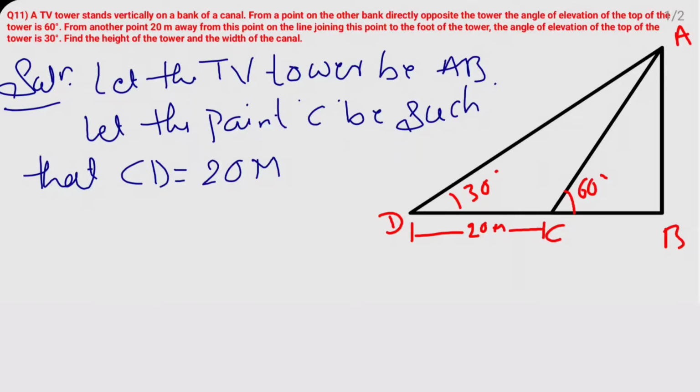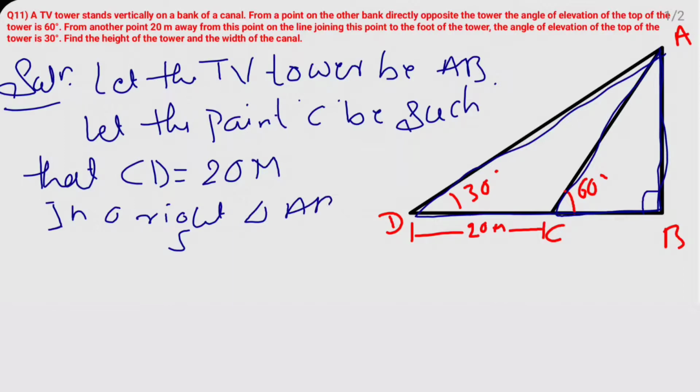And look at the figure. Here the tower is vertical to the ground. It means angle B is 90 degrees. And here we have two right triangles, one is ABC and another one is ABD. So first I will consider the right triangle ABC. So write down here, in right triangle ABC,